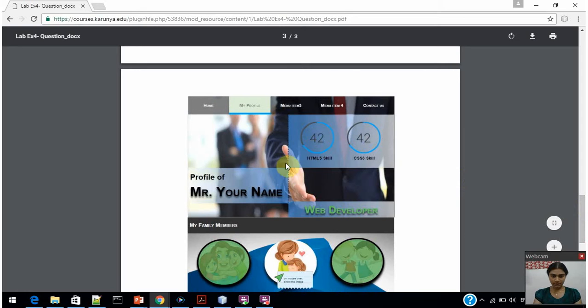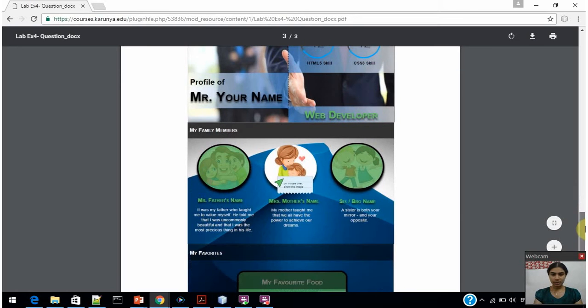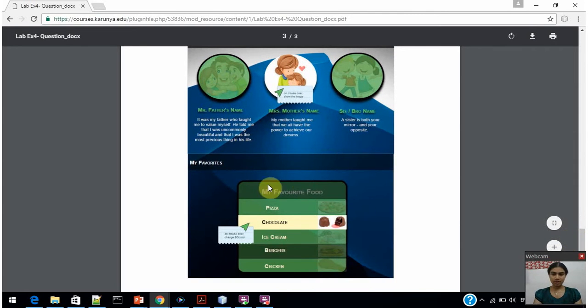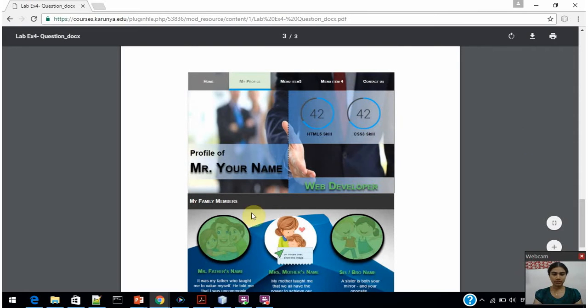Now section 1 contains this profile of Mr. Your Name. The second section contains three rounded images and some text as well. And the third section contains more or less like a nav bar, which is in the vertical direction. So now going to our code,